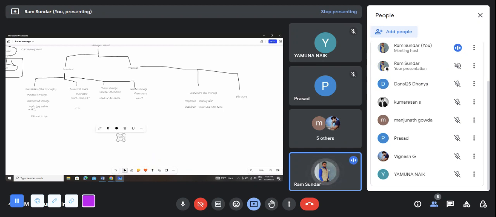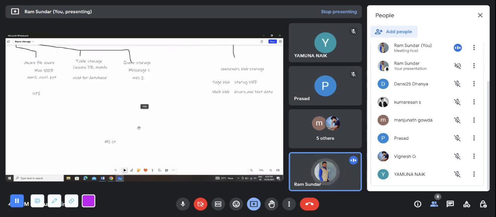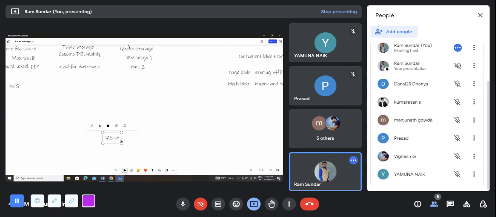I'll just write it down. Storage: the first one containers, second one file share, third is table, fourth is queue, fifth is